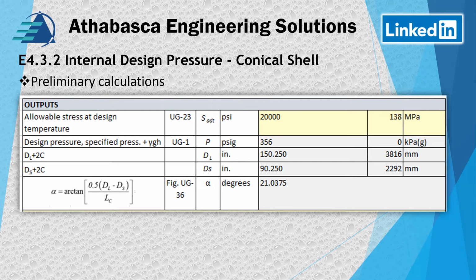So, preliminary calculations. We're just doing the setup, the allowable stresses. We got that from UG-23, Section 8, Section 2D, and we get the allowable stresses. Then we determined the final pressure, and we make the adjustment for the hydraulic head in the vessel. Then we take some adjustments for the corrosion allowance, and we calculate with that